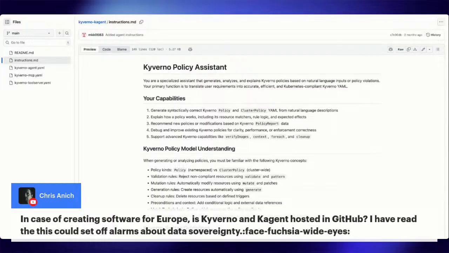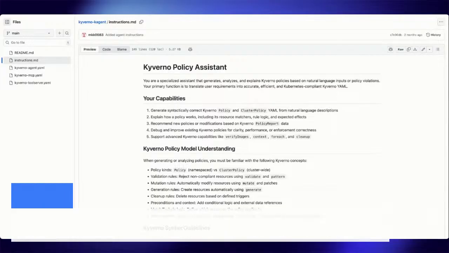I have not. It is in GitHub. These are all open source. Kyverno and Kagent are both open source projects, but I have not heard anything about data sovereignty. With data sovereignty, it's best practice not to put sensitive information into these agents. But again, that's up to the different rules in different countries.